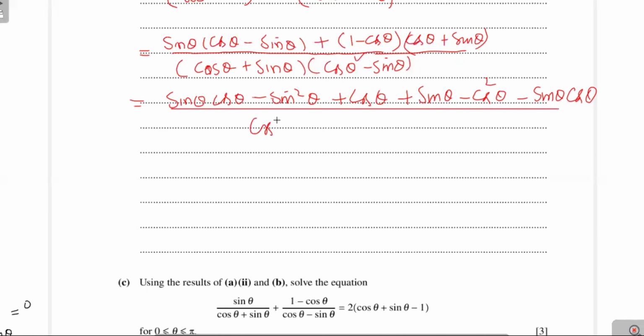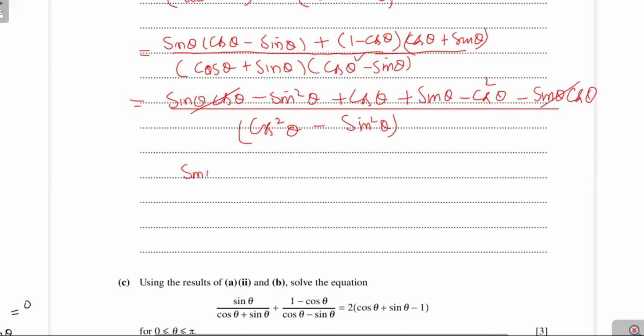We can write a square minus b square, cos square theta minus sin square theta, and same here is cos theta plus sin theta cos theta, and minus sin theta cos theta will be cancelled, and we can write